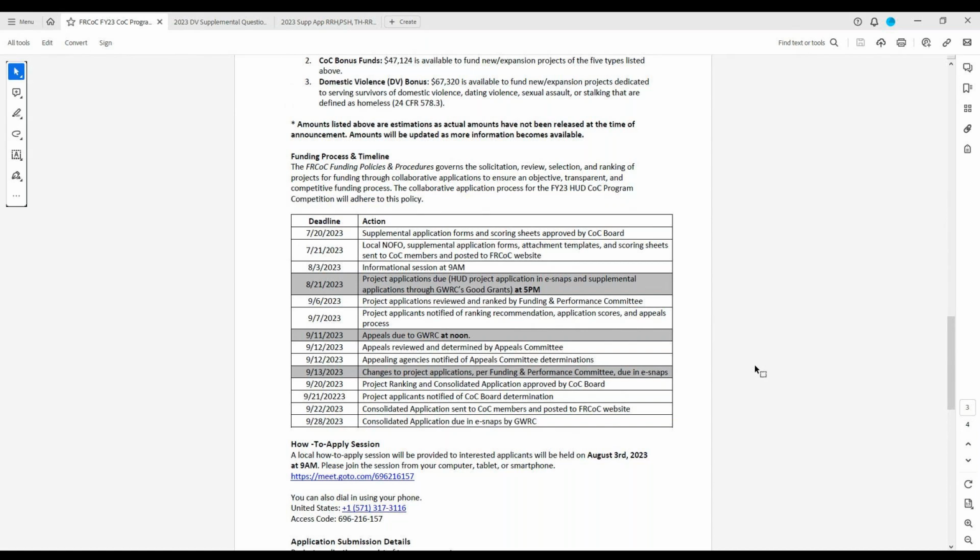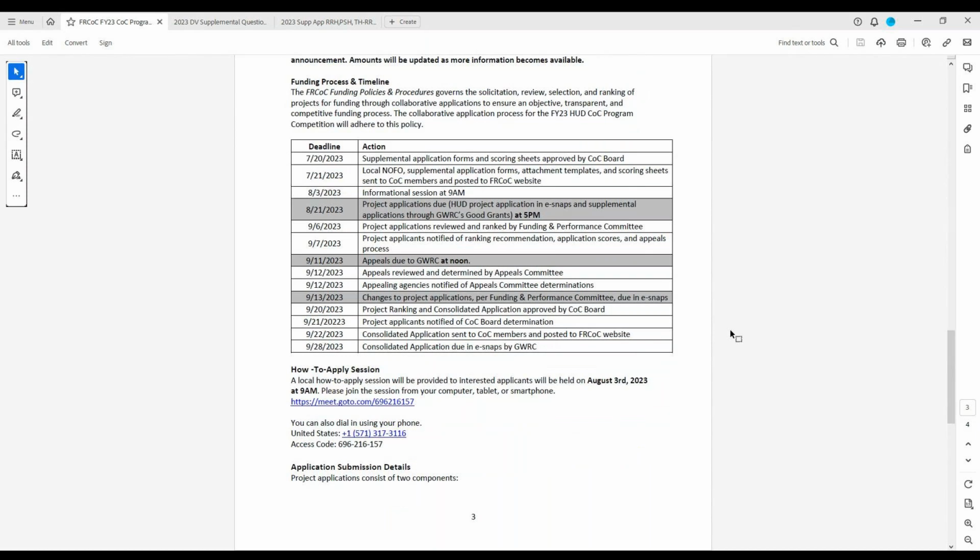So please make sure that you are working on this early. Because of the technology issues of HUD's website in particular, which is eSNAPS, which we'll go over, I would strongly recommend submitting early. So please be cognizant of that due date. It is August 21st at 5 p.m.